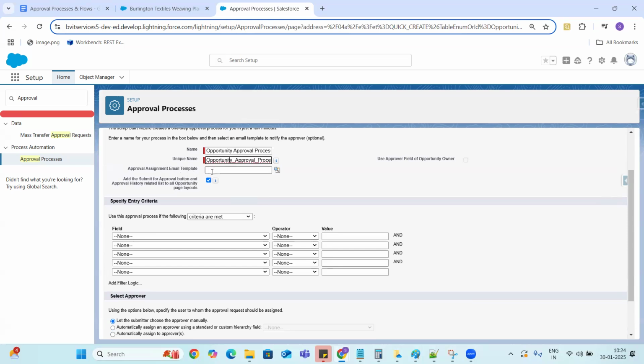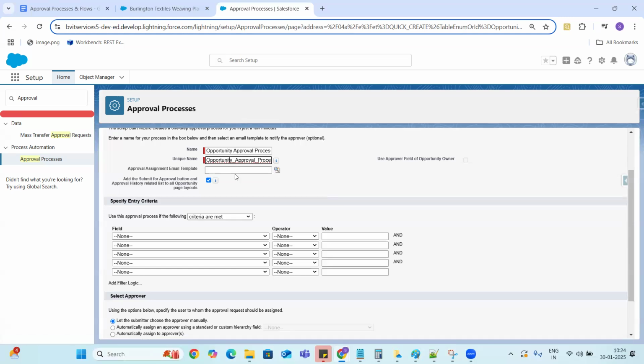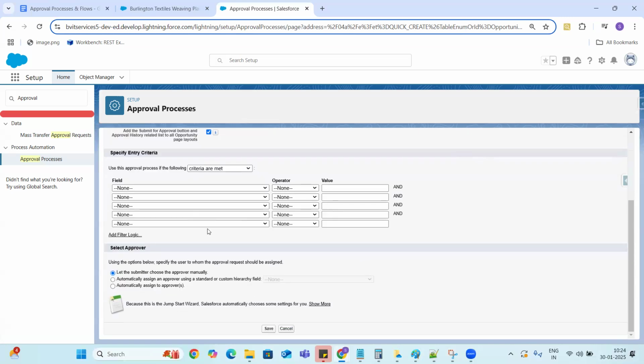If we create email templates, they are nothing but email bodies that we store as a template. Here we can select one so that whenever you submit the record to a particular approver, they will get the notification with this email template.